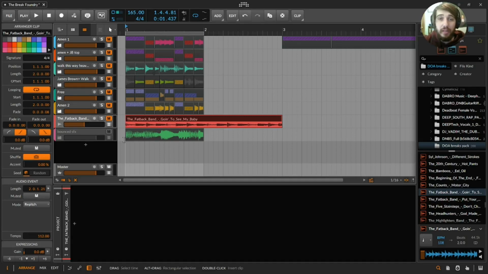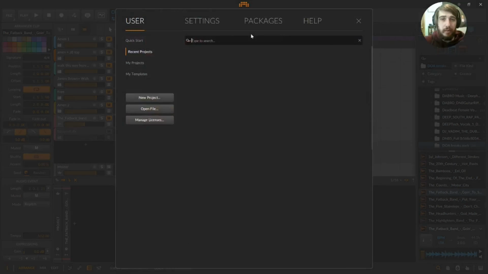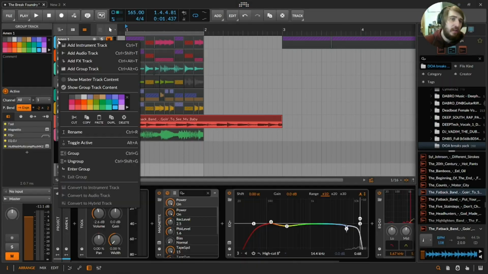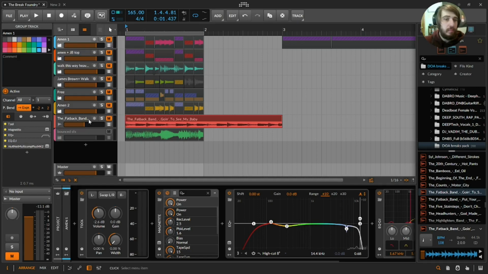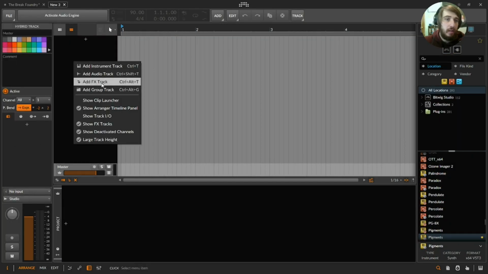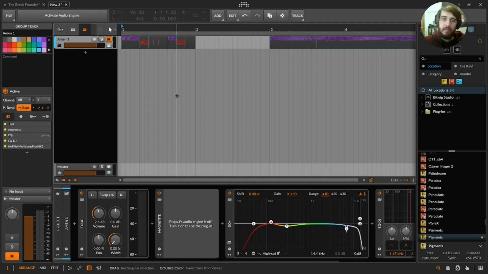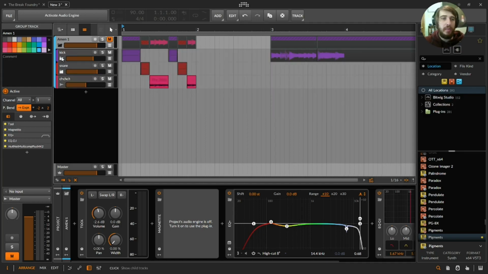I'm about to completely change up your breakbeat process. Check this out. In Bitwig, you can open up new projects or existing projects, go to another project. You can drag it if you want, but I'm just going to copy and paste. Control V. And now I have this group, meaning I have this whole Amen sample that I already processed, but I don't